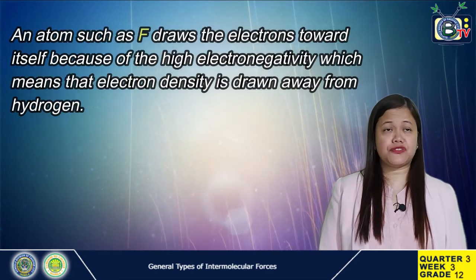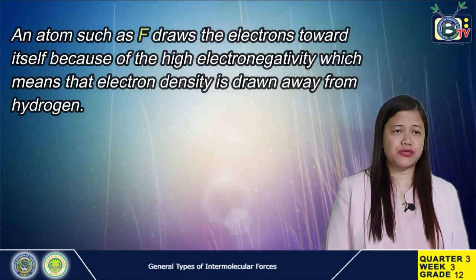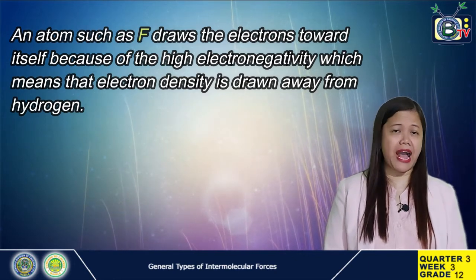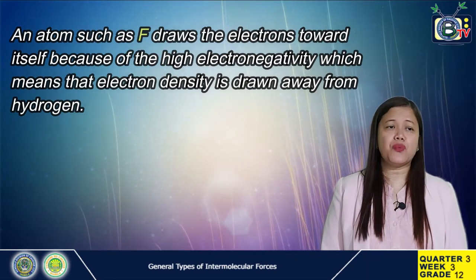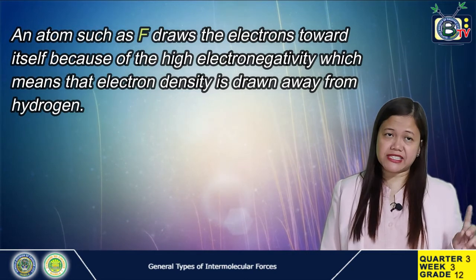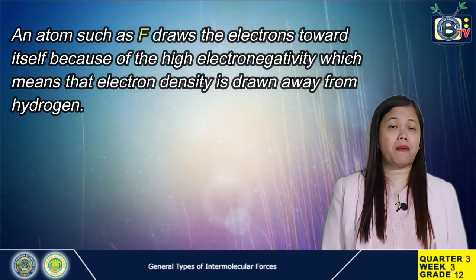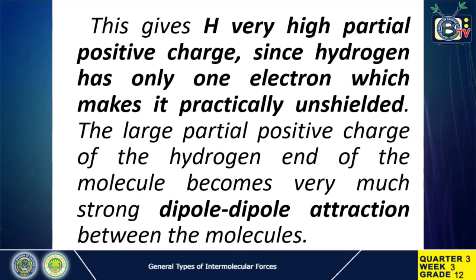An atom such as fluorine draws the electrons towards itself because of its high electronegativity, which means that electron density is drawn away from hydrogen. This gives hydrogen a very high partial positive charge, since hydrogen has only one electron, which makes it practically unshielded. The large partial positive charge of the hydrogen end of the molecule becomes a very strong dipole-dipole attraction between the